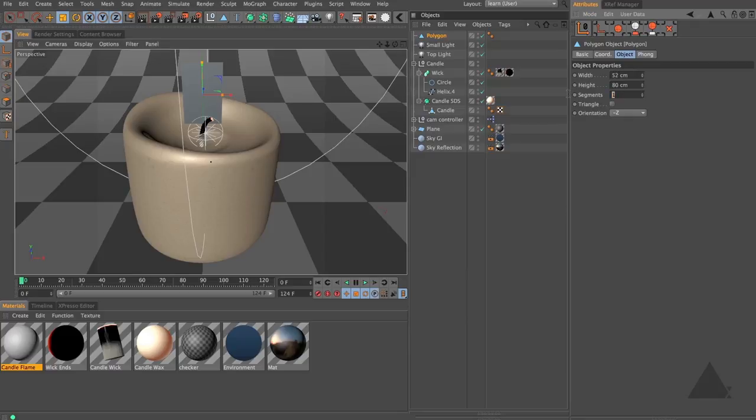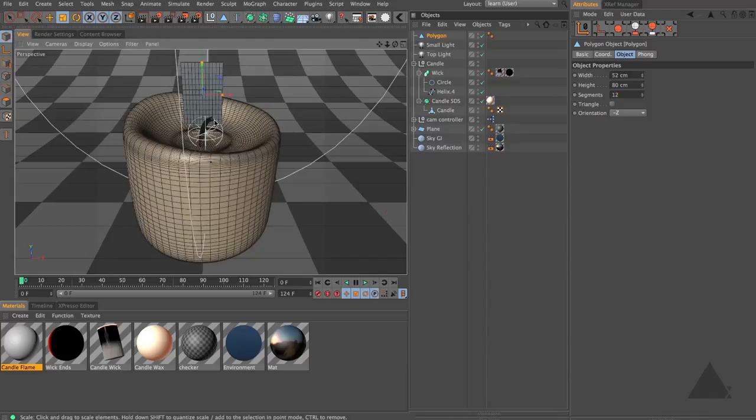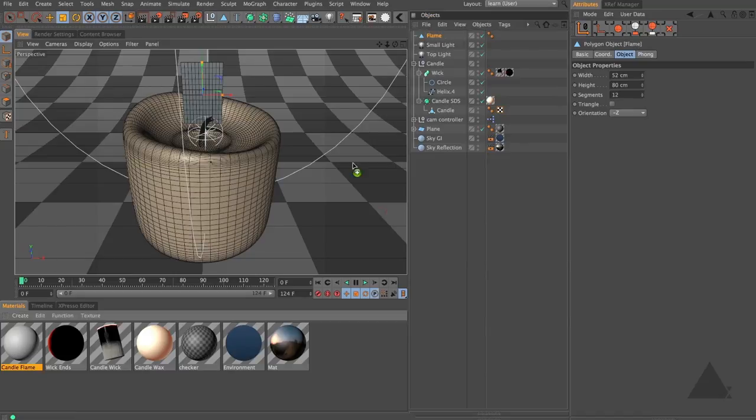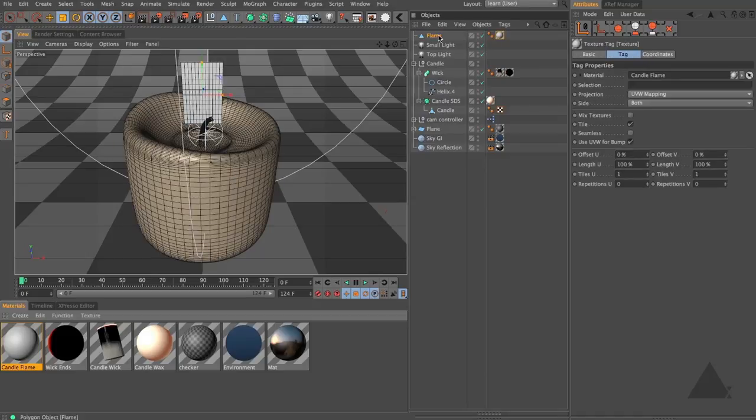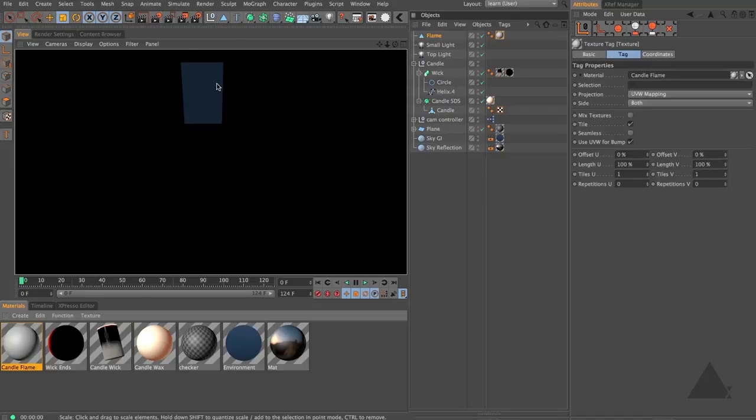Now I'm going to set the segments here to be, say, 12. Let's just have a look at this with edges, and there we go. And you can see that we've basically got quite a few segments on there. And I'm going to call this flame. Grab this new material and drop that on. It's not looking very convincing at the moment. Doesn't look like a